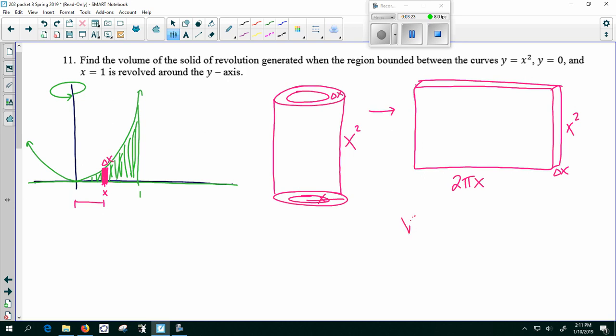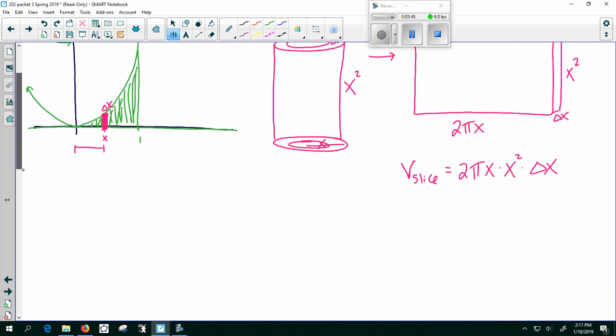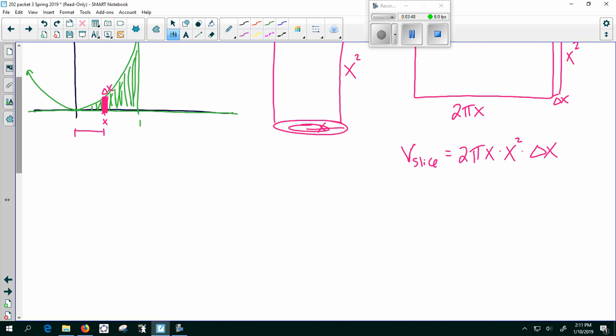Okay, so the volume of my single slice is going to be, the volume of a rectangle is base times height times depth. So this is going to be 2 pi x times x squared times delta x. So that's the volume of my shell. I'm going to add up all of these shells at lots of different x values between 0 and 1. So the volume total